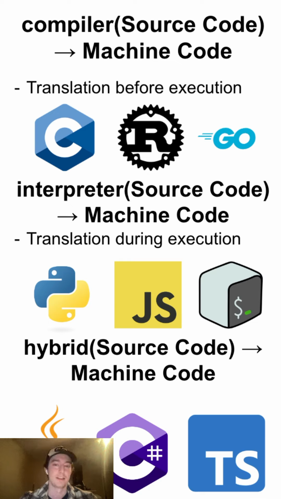Languages like C, R, Go, etc. are going to do this translation into that machine code file before the program is actually run. So it does everything in advance. And rather, JavaScript, Python, Bash, like our terminal, what that's going to do is translate it essentially on the fly. So you can kind of start to compare these, and you'll see that these languages like C and